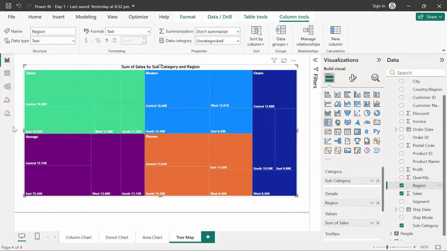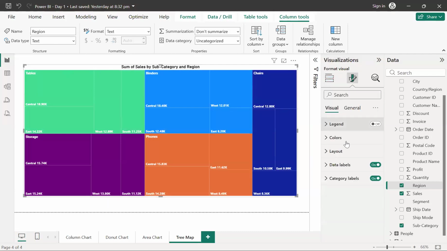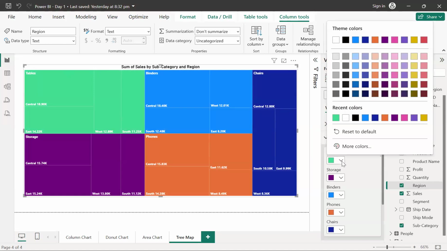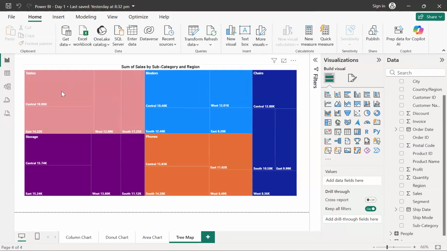Because definitely, guys, let me change the color also for this, because again, this color is quite light. Yeah. So now if you look at the numbers over here, guys, you can see that it's not like you're getting an equal amount of sales from every region. It is very much different, guys.